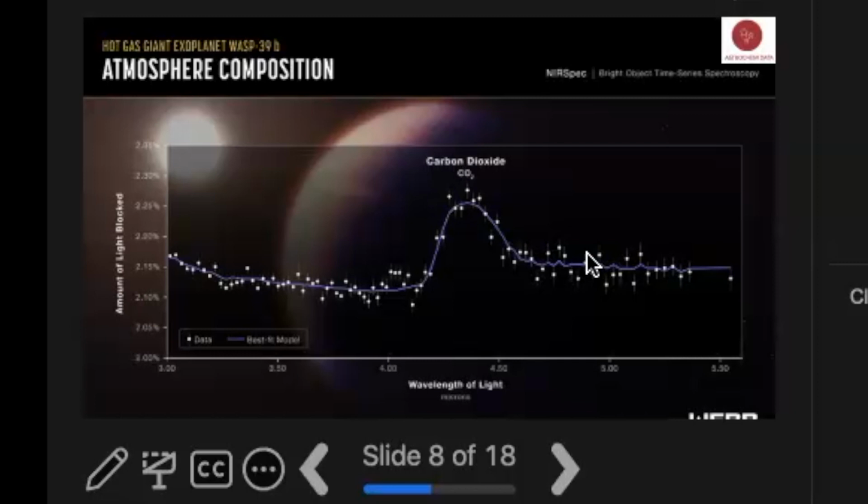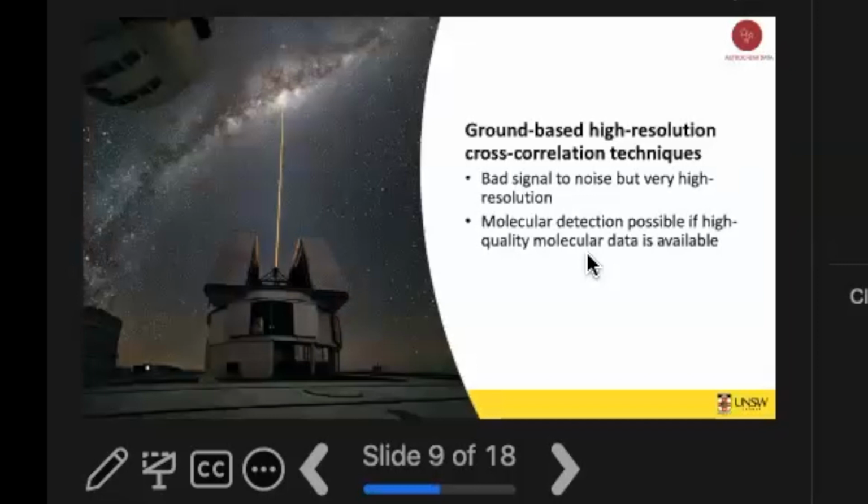But the astronomers, while they were waiting for JWST, didn't just sit there and do nothing. What they did is realize that with ground-based telescopes you had huge noise due to the atmosphere, but the advantage you had was really, really high resolution. So with that high resolution, you could use a technique called high resolution cross correlation, where you've got spectral lines, and you've got, well, for this molecule, it should be here, and you could match them up. If the observation and the template spectra were closely enough matched, then you said, we found this molecule.